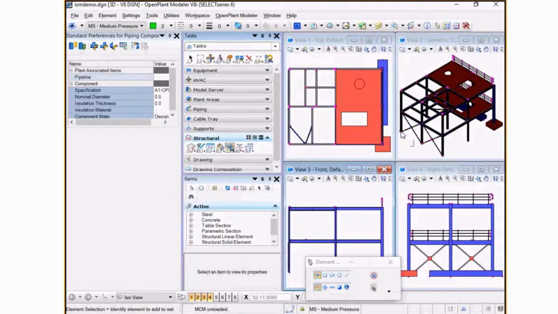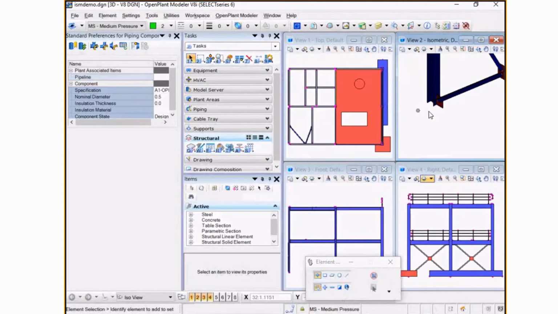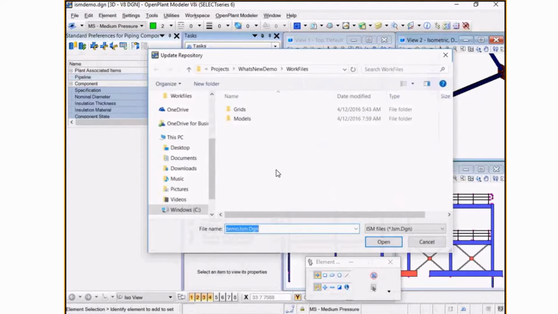So what we can do now is make a slight change in our structure model and see how update works then. So zooming in, when these components come into the modeler, they act like SMC components. You can use drag manipulators, and here we have just stretched a column and added to the length, or moved it downwards.